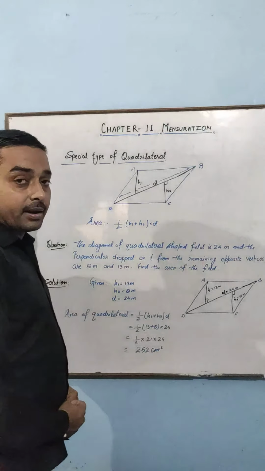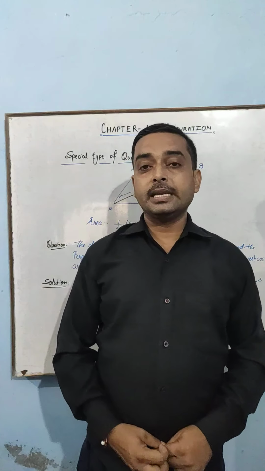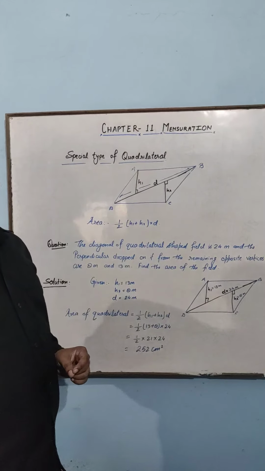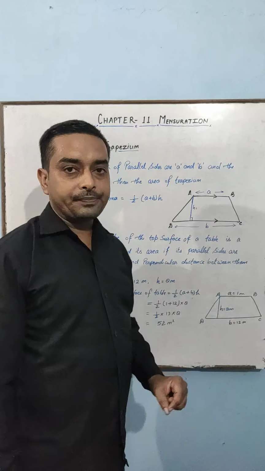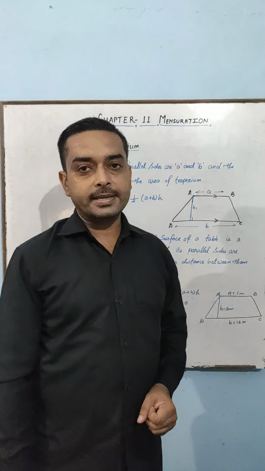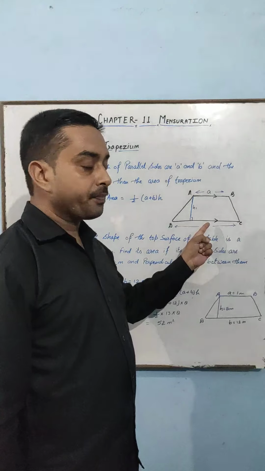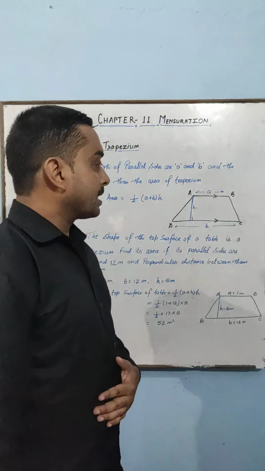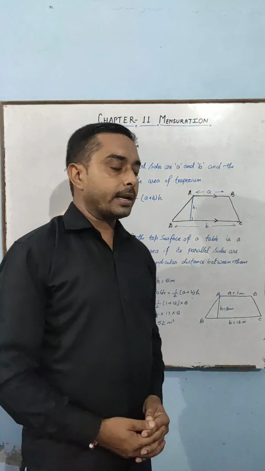After that, we will solve our second special type of quadrilateral, the trapezium. So let's see what a trapezium is and its area. Here we will find the area of a trapezium. We know that it has two parallel sides and two non-parallel sides. There is a trapezium. Here the parallel sides are A and B and the height between the parallel sides is h. So if the two parallel sides and the height are given, then we have to find the area of the trapezium.